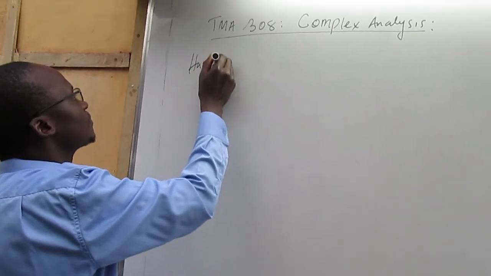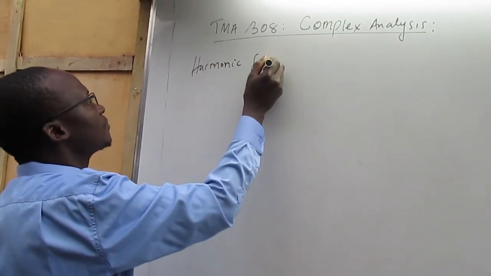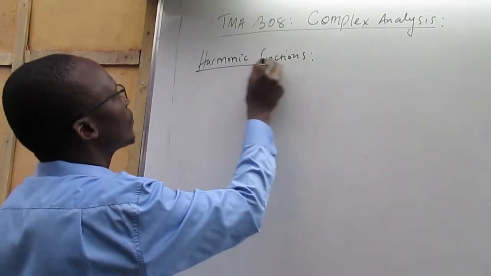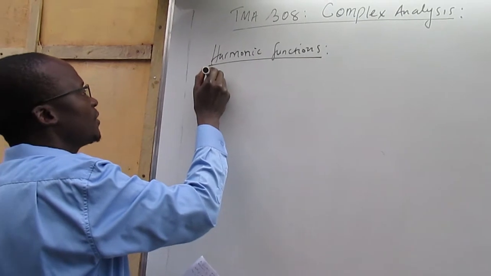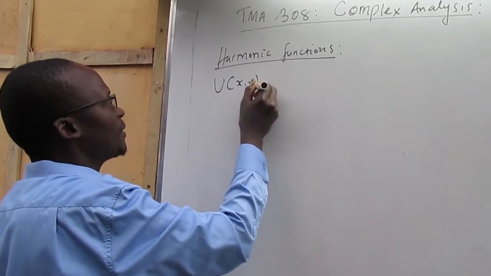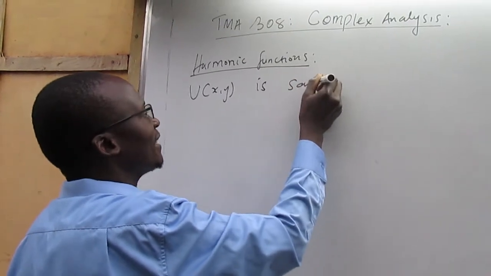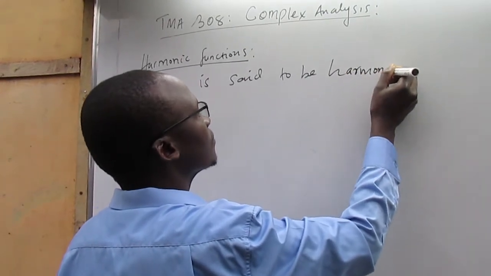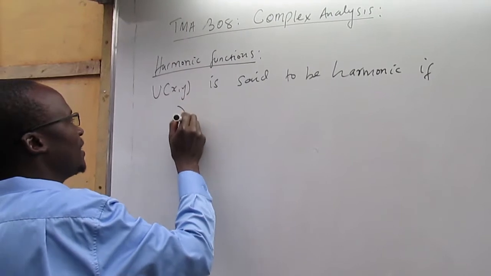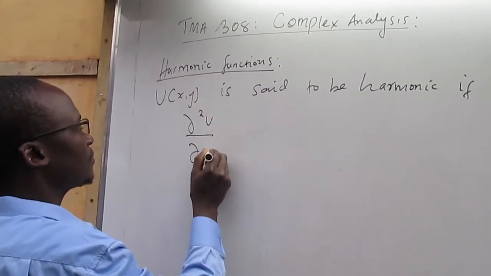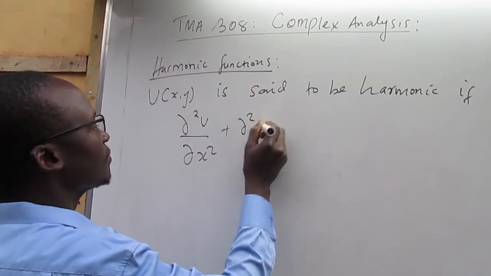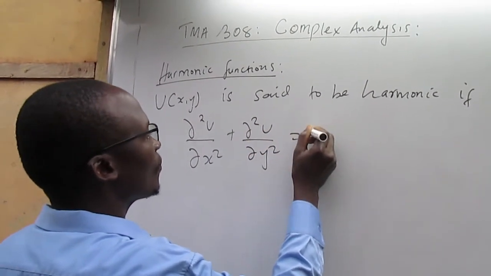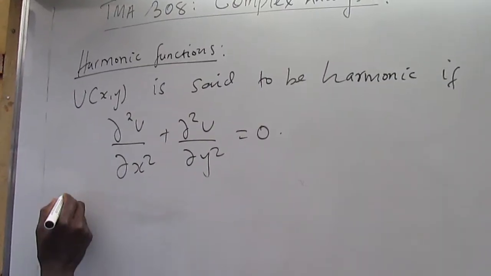Today we are going to discuss complex analysis and our topic is harmonic functions. By definition, a function of two variables x and y is said to be harmonic if it satisfies this relation equals 0. And so if you're given a harmonic function